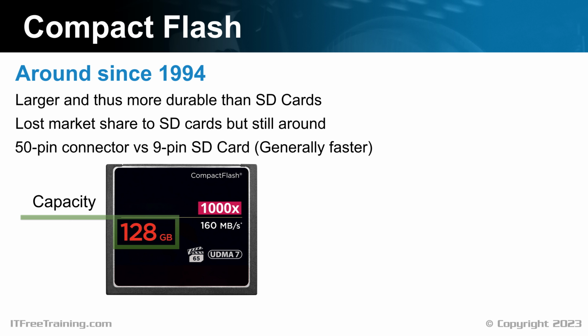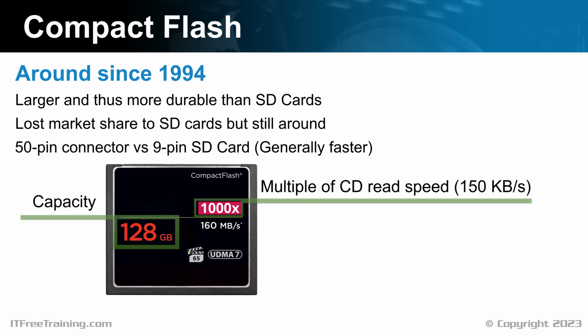In some cases, your compact flash may have a number followed by an X. This is an older standard, and newer compact flash may not have it. This is a multiplier of the minimum speed for a CD-ROM. Since CD-ROMs are so old nowadays, and the speed of flash memory has improved so much, this figure does not have much meaning, so you can see why it's often left out.